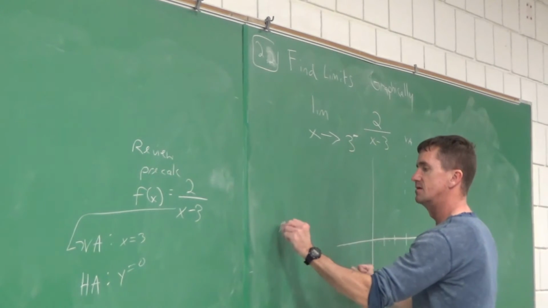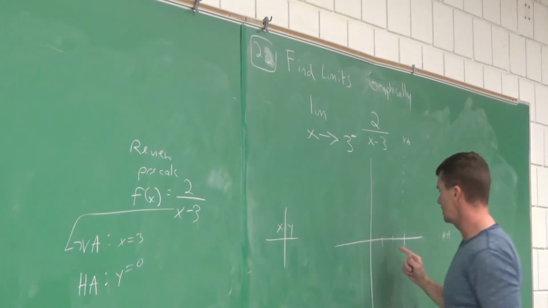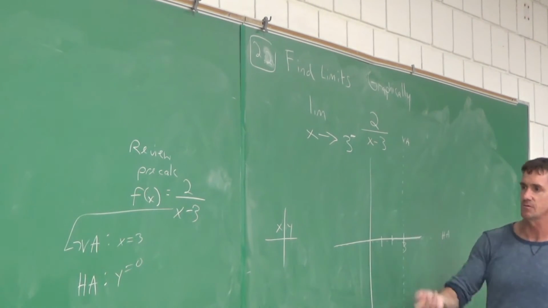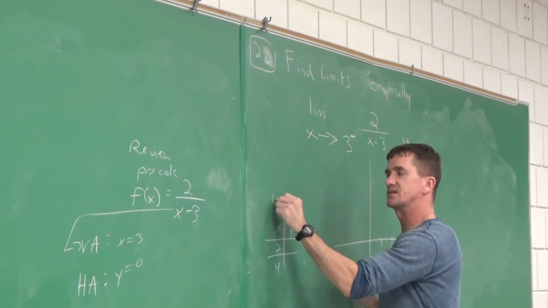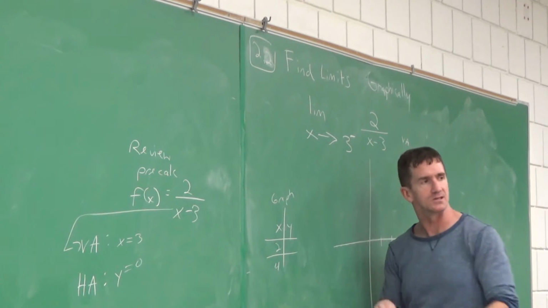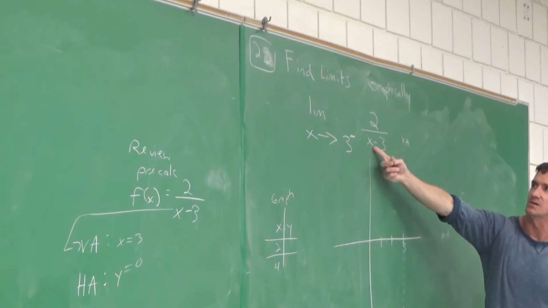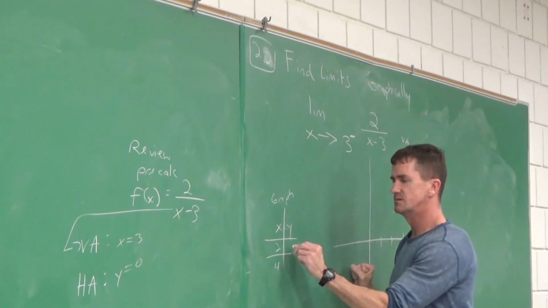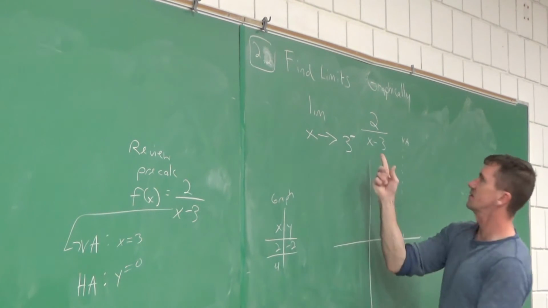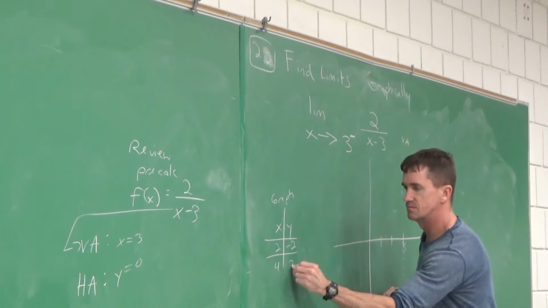Let's make a little table. Just pick an x value on this side of 3. Like, what's going on at x equal to 2? And what's going on at x equal to 4? I'm just trying to make the graph, right? With 2 points I can make this graph. What's going on at x equal to 2? I get -2. What's going on at x equal to 4? 2. Alright, so let me plot these.